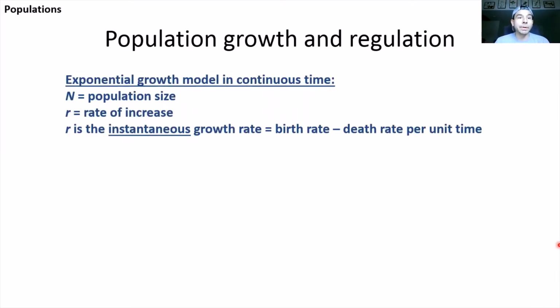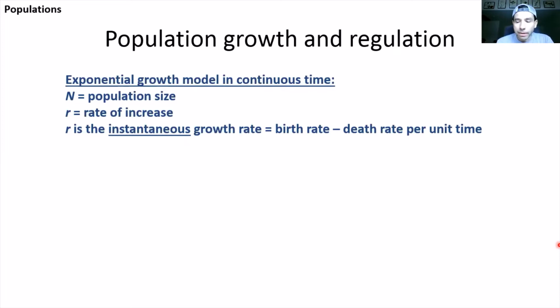So let's do a little bit of math here. Let's create a model of population growth in continuous time. Let's call the population size N, the number of individuals, and let's call the rate of increase r. r is the instantaneous growth rate. This is basically the birth rate minus the death rate per unit time. But if the unit of time is